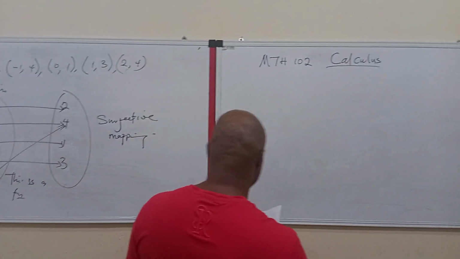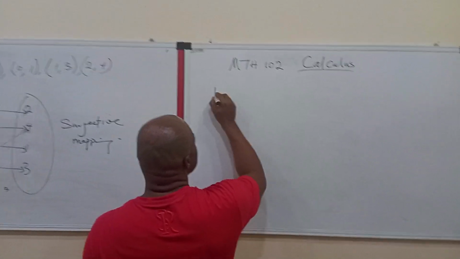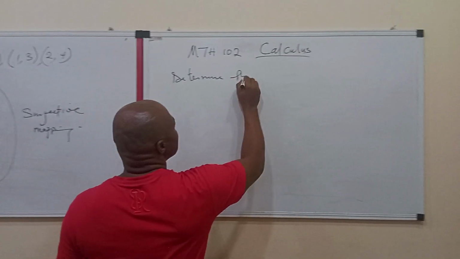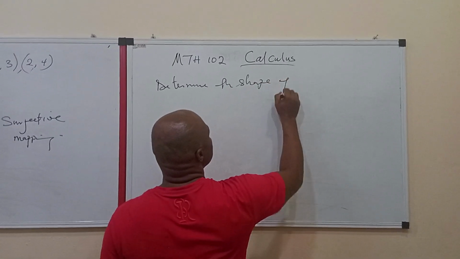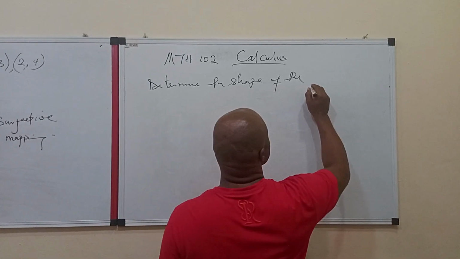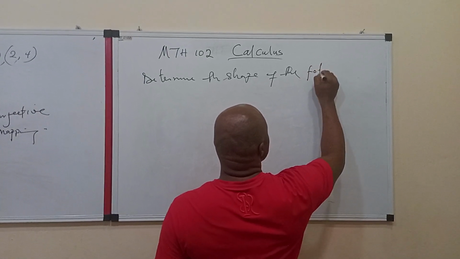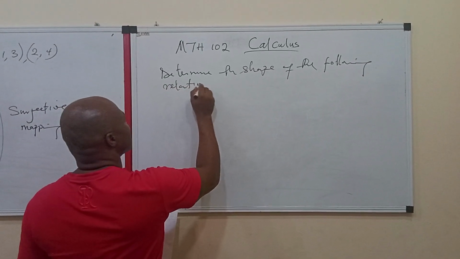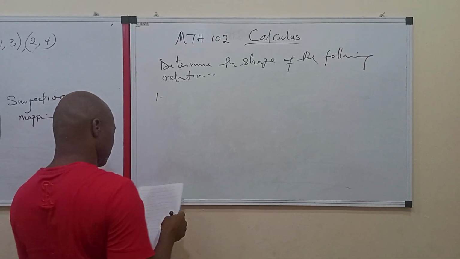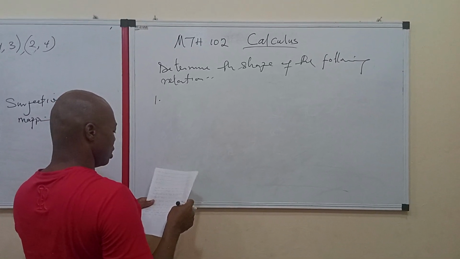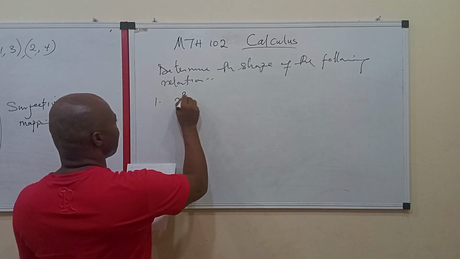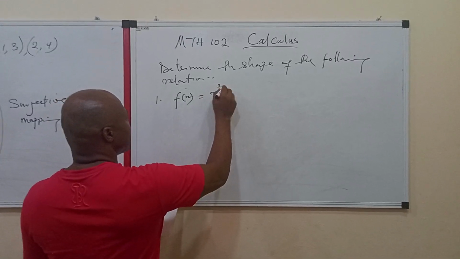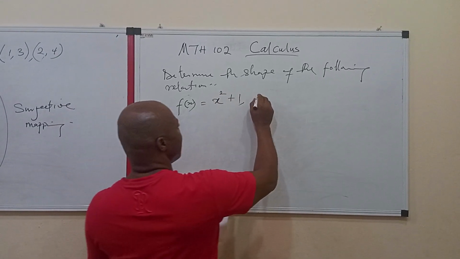Now what I want to give you, I am saying determine the shape of the following relation. 1. This one I have already solved, but let me just give it again so that you will not think it is a new thing. Where the domain